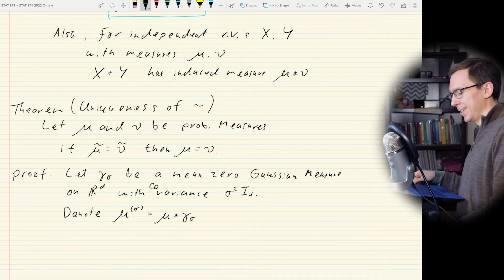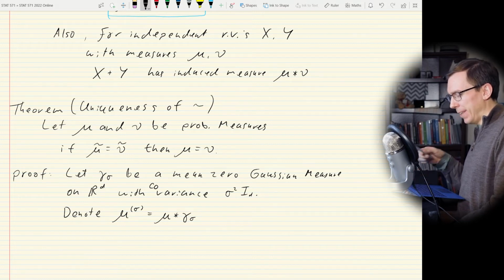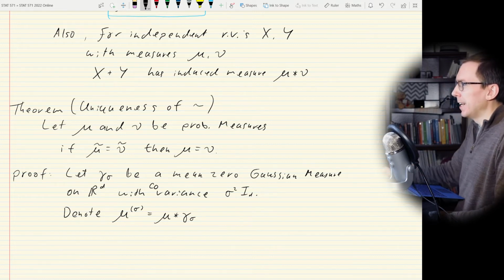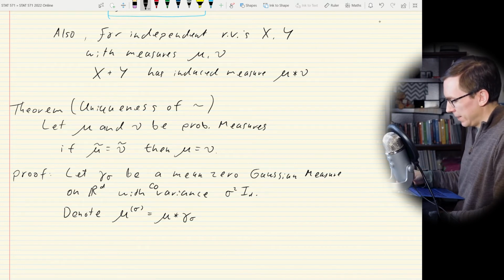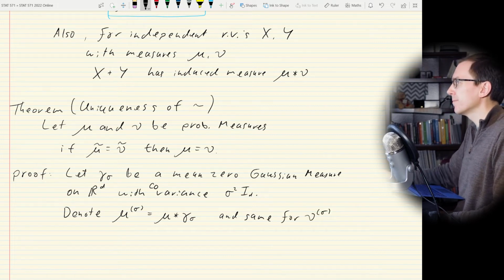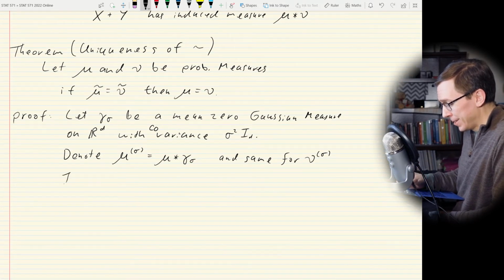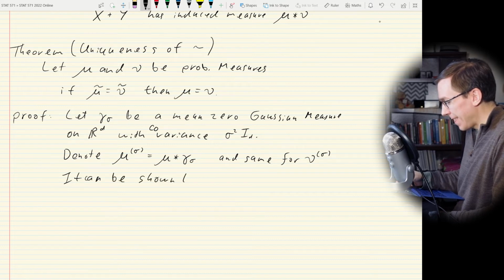So we take our Gaussian measure and we convolve it with mu to get mu sigma, and same for nu sigma. We're going to do the same thing there. So it can be shown that